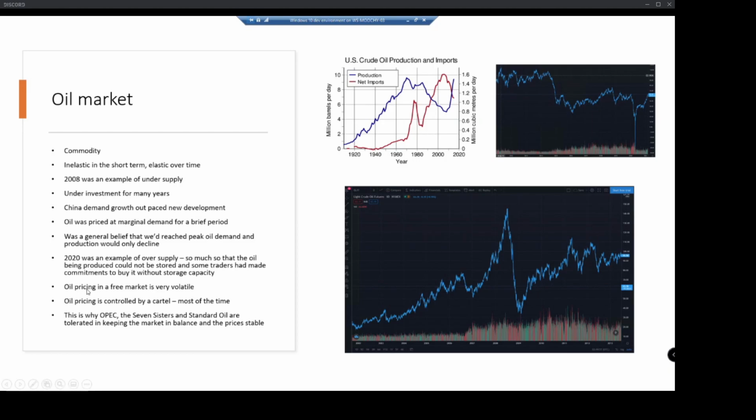Oil pricing in a free market is very volatile, and what that means is most of the cost of producing oil is in the capex, the capital expenditure portion. The operating cost of running an oil well is next to nothing. So Saudi Arabia produces oil on an operating cost basis of about $5 to $10 a barrel, whereas the world oil price at the moment is $65 a barrel. Even the shale projects are able to produce it at about $20 a barrel. And shale is considered to be one of the higher cost production methods.